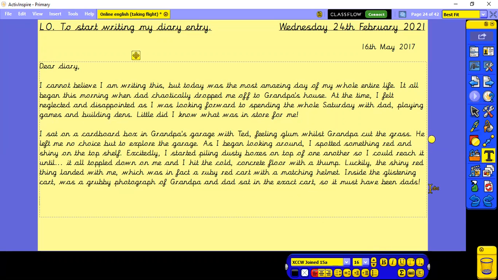So as we're writing the first half, our last paragraph needs to indicate that an adventure is going to take place. So I need to think about how Grandpa came to taking Tony out on the cart. And if you remember from the video, when Tony falls onto the floor, the helmet rolls towards Grandpa when he's cutting the grass. So I'm going to talk about that and how that led to them going out on the cart for the day. So I'm going to say, as the striking red helmet rolled towards Grandpa,